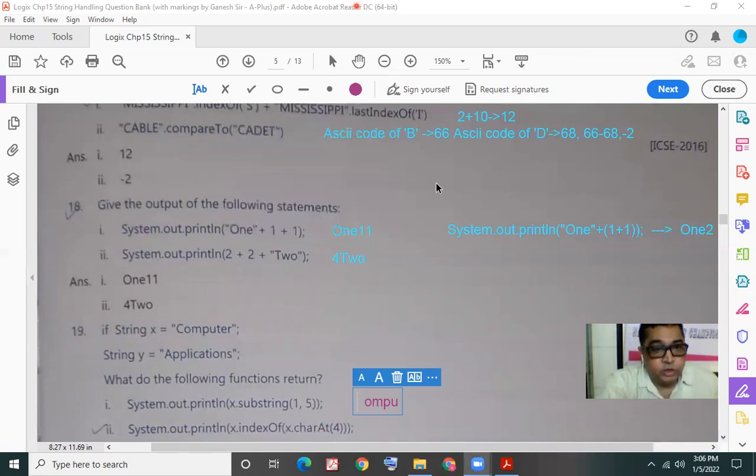Which method will be executed first in this case? Correct, charAt. So the innermost bracket, x.charAt(4), will be evaluated first. charAt 4 from x is the character at index position 4. Tell me, what is the character at index position 4 in x?